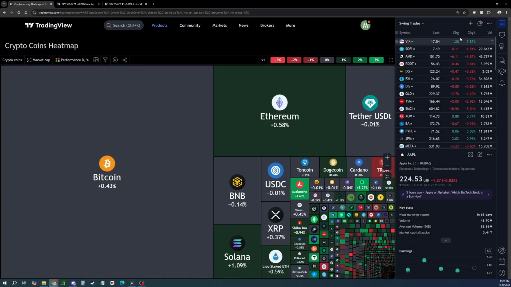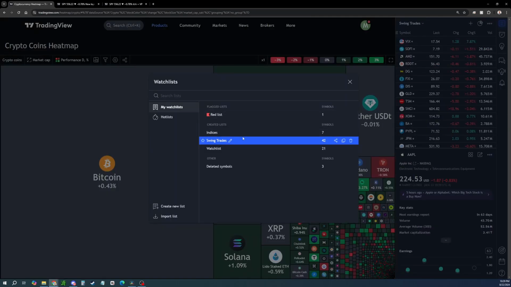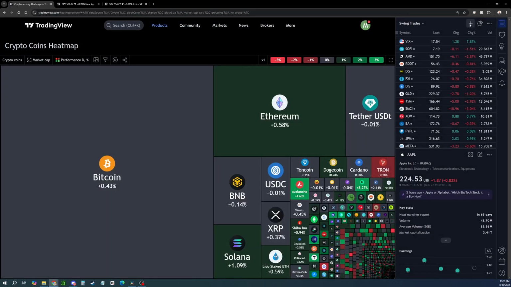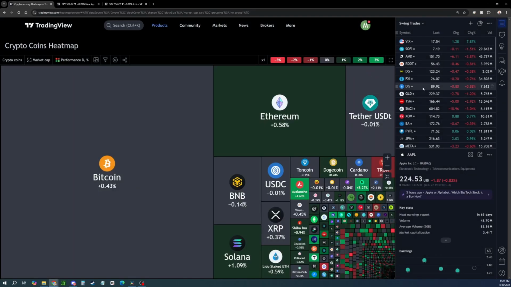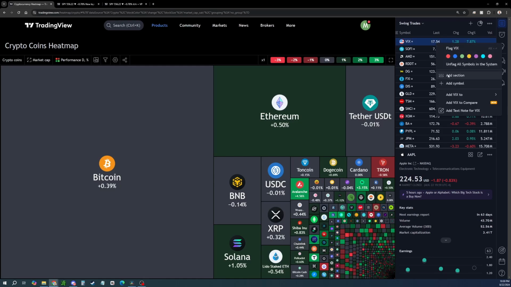But yeah, if you want to add stuff to your watch list, there should be one by default there when you open it, just called a watch list or something that you can customize here. You can just click this plus symbol to add stocks to your watch list. Obviously, I already have a bunch of stuff here. And another really cool feature of the watch list is if you right click, yeah, you can add